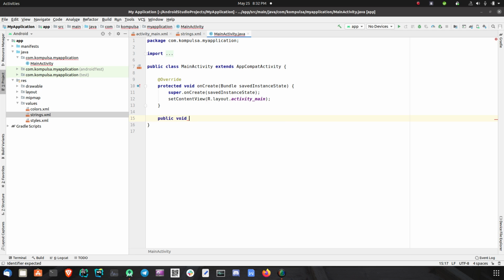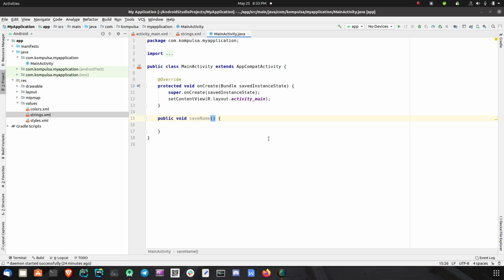Public void, what's the word? Let's just call it save name then, even though it's not actually going to save it, because I'm not going to put the code to save the name in it. So I'm going to make the button